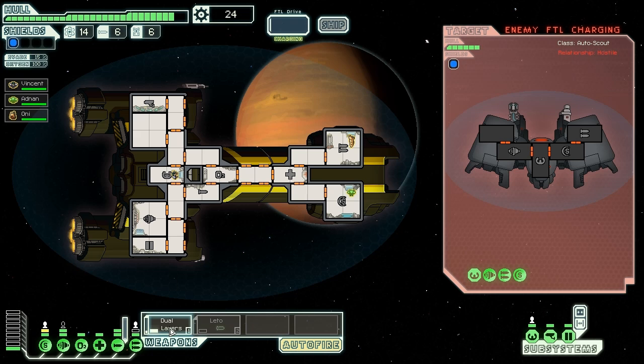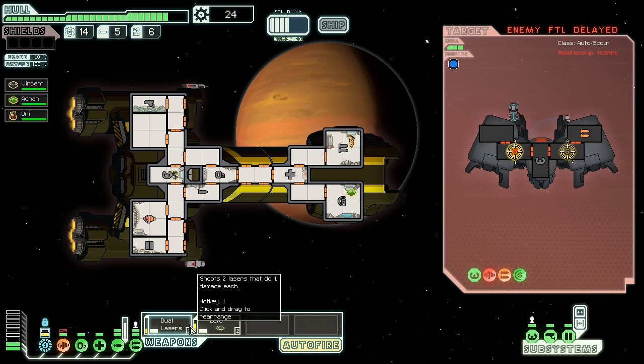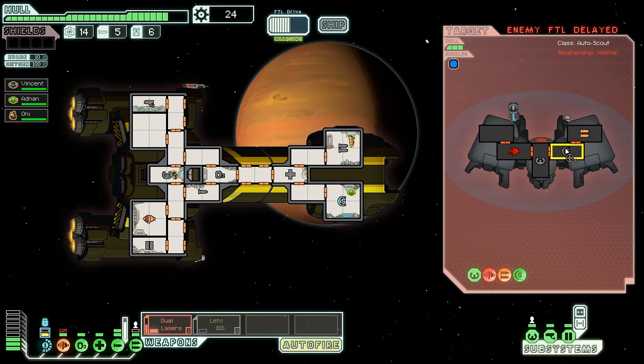So let's aim at their weapons, and we'll aim at their FTL drive with our missile. Now let's aim at their FTL drive with our weapons. Oh, wait. Alright. You know what? We're going to have to take out their shields, I think, with the missile. We're using an awful lot of missiles. I'm going to turn it off because we just took out their engines. I don't think they can repair stuff, so...